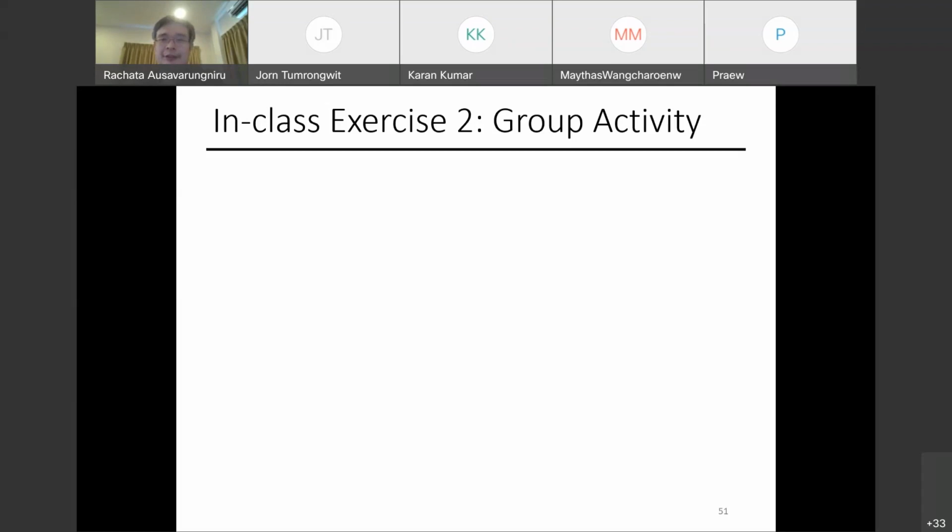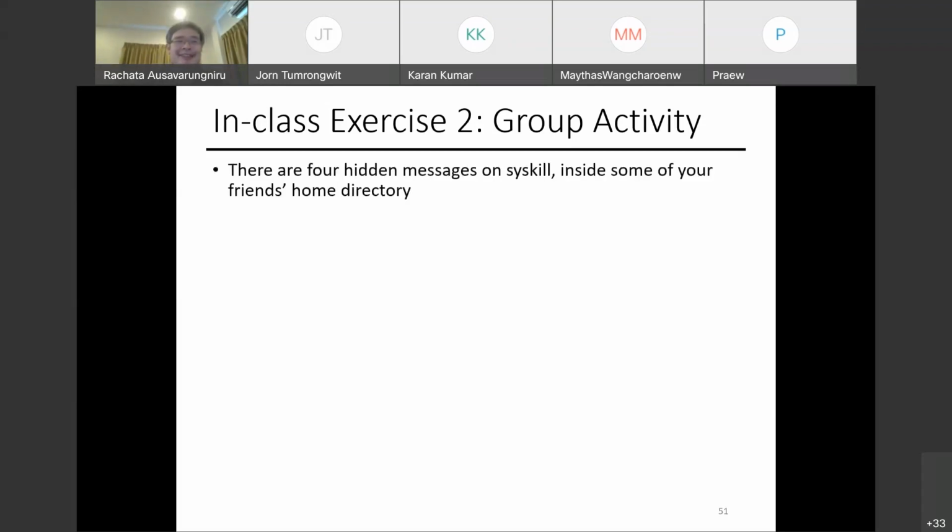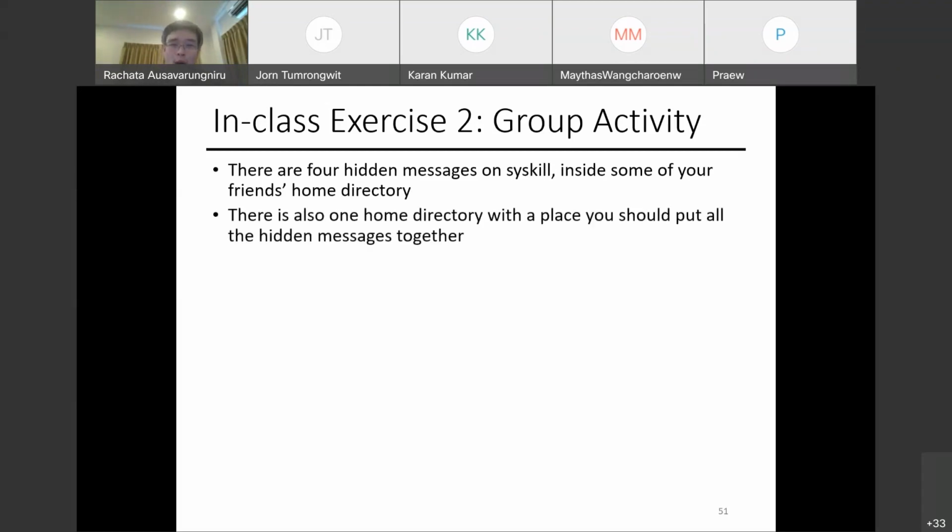Anyway, so in class exercise 2, we are dealing with permissions and some basic commands, like how do you get the content of a file. So right now, what I have on the Cisco machine is 4 hidden messages inside some of your friends' home directories, whatever that means. We talk about that today. There's also 1 home directory.